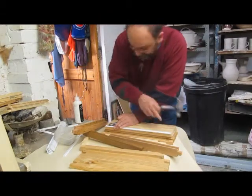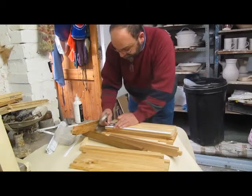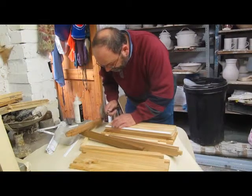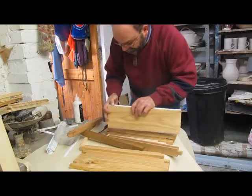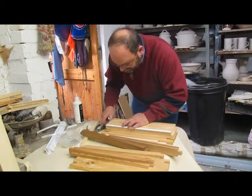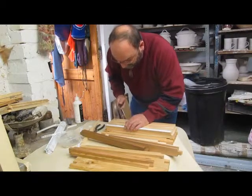So look at both sides, that fits in the groove, that will fit in the groove, it's right in the middle. Now this has got to be tight on that piece of wood. Make sure it's tight on